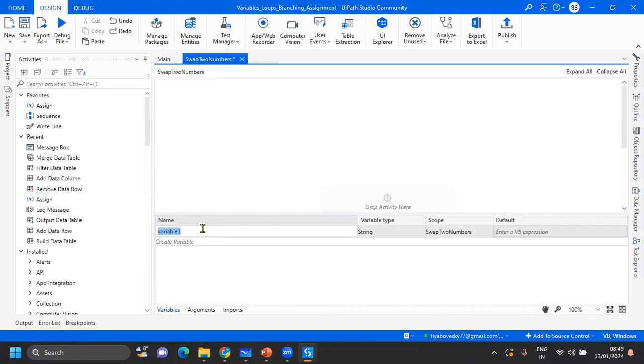I'll say first underscore num. Okay, or I can say remove that one. I'll just use first number. Then you have to say, okay, what is your variable type? So I'm going to have first as a number. Then I'll have scope as swap two numbers because this is my